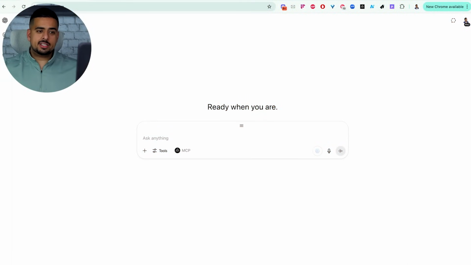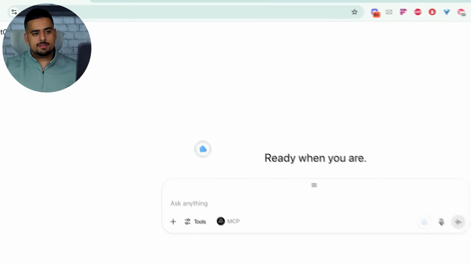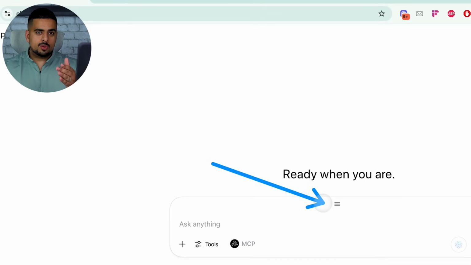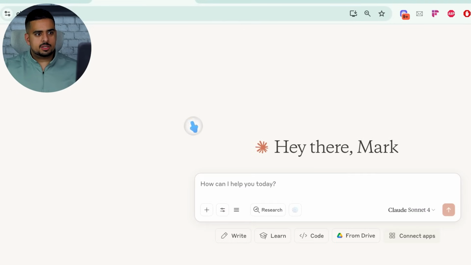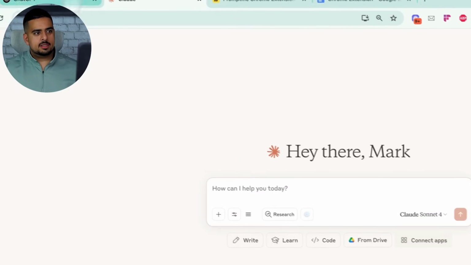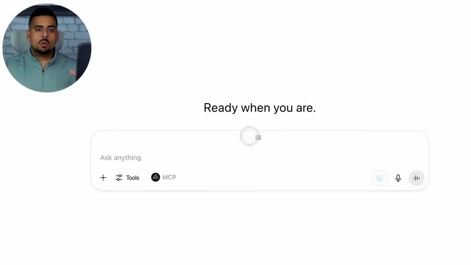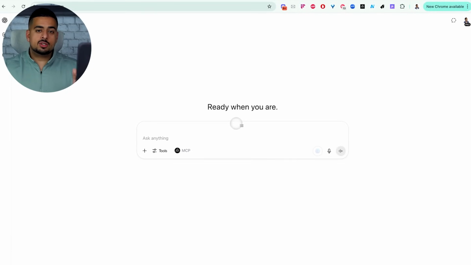Alright, so when I open my ChatGPT, you'll notice that I have a different icon here than you would have on your end. And the same thing with Claude, except it's located in a different spot. So you can see it's right here. And what happens is when I click on this modal, we'll get a pop-up that gives us a series of options. One, to create a prompt, and two, to actually queue up a series of prompts to auto-send on our